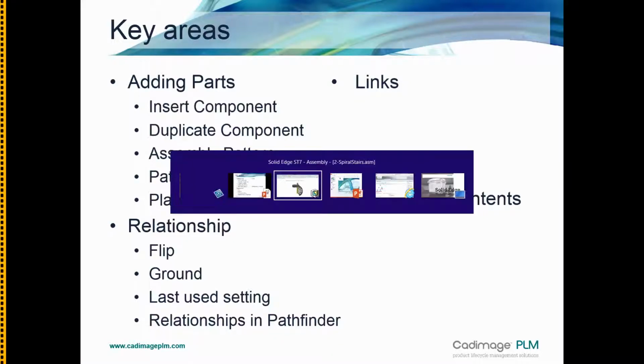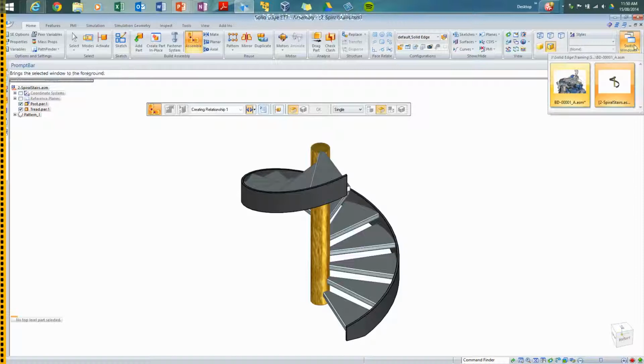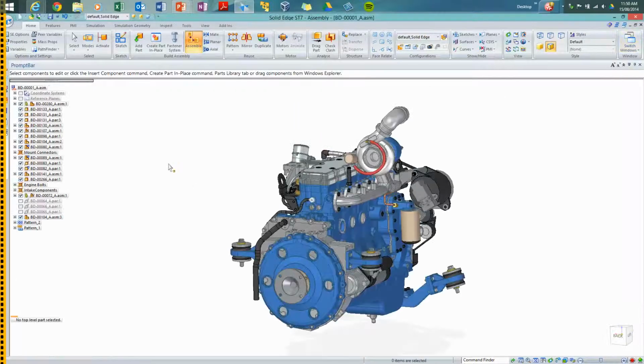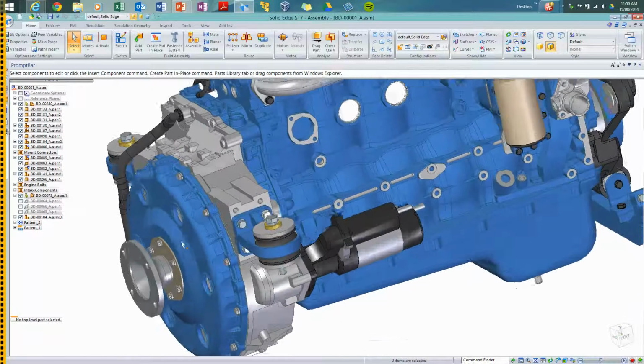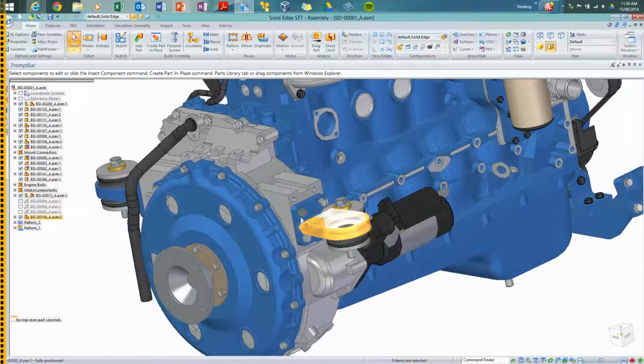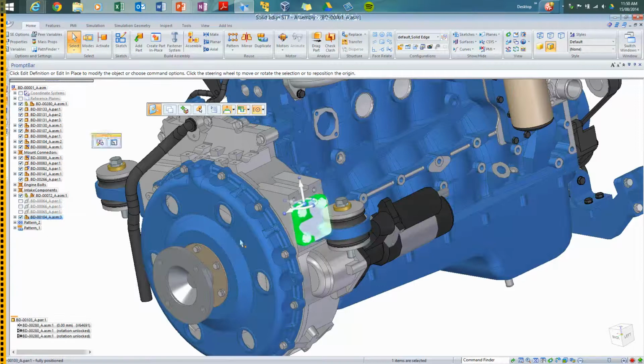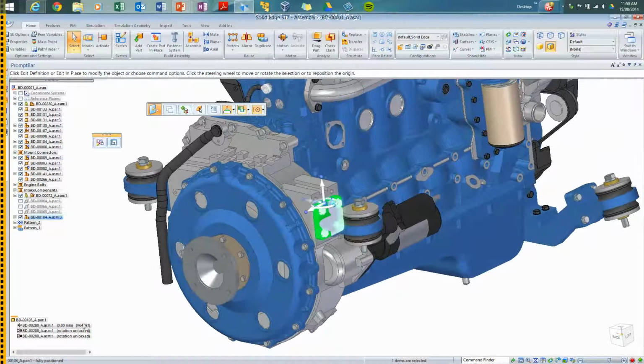Relationships in Pathfinder is the last thing to have a look at. It'll be useful to change back to our engine assembly to show how this works. So if we pick up that first component that we added, or the first sub-assembly that we added, so we'll pick up the plate here, I think,